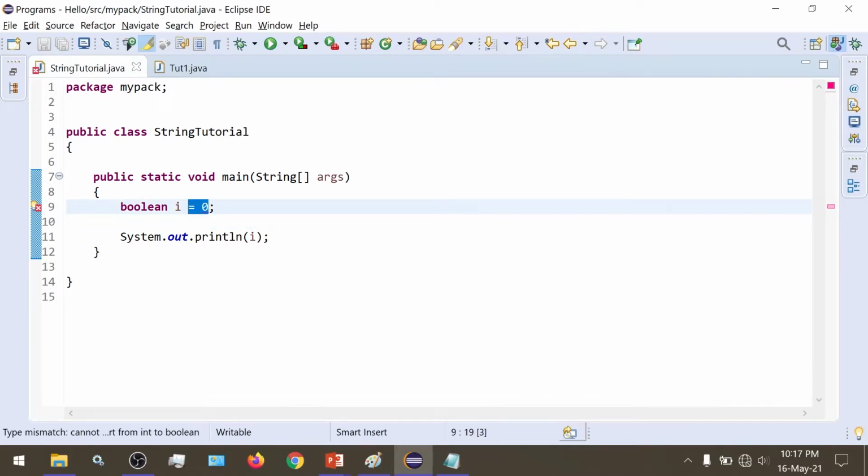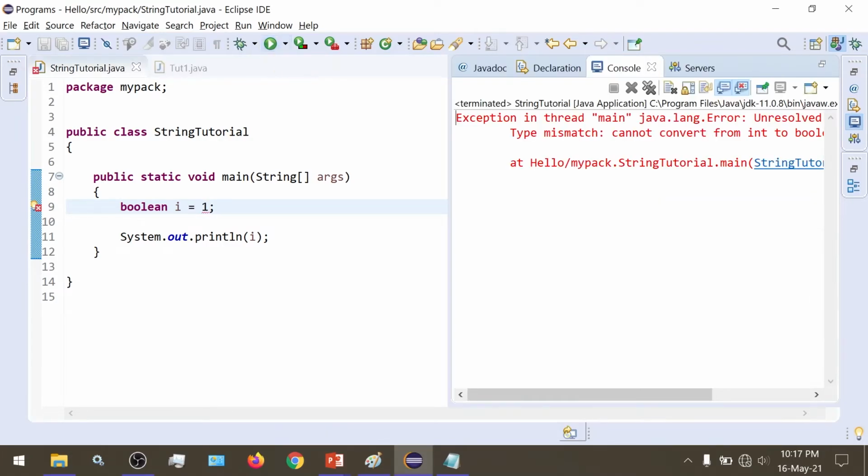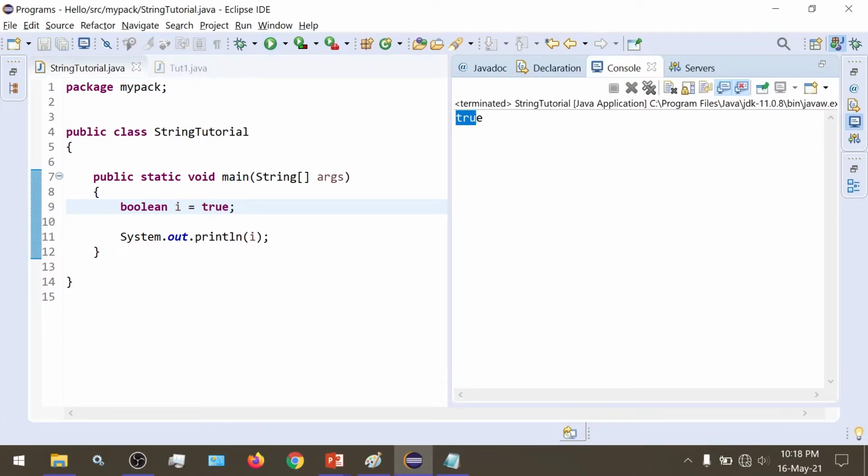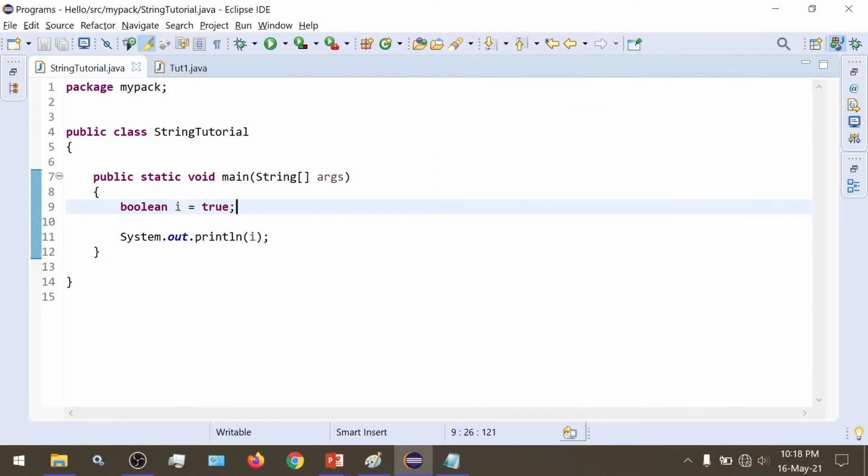In languages like C and C++, 0 is treated as false and true is treated as 1. But in Java, there is no such thing as 0 for false and 1 for true. True and false are special values here, and the only Boolean values are true and false. So if you want to use them, then we would have to use the keywords true and false. We cannot use 0 or 1 like C or C++.